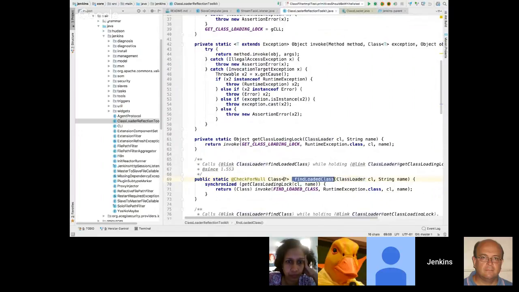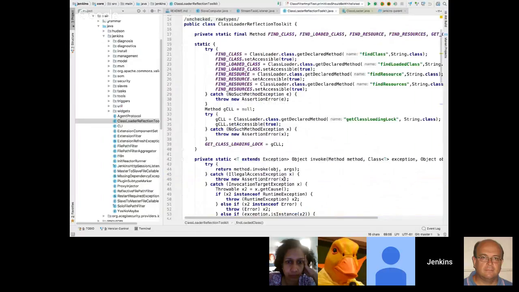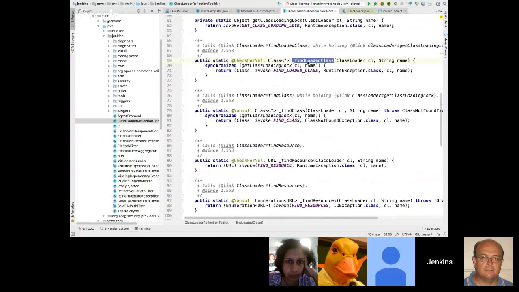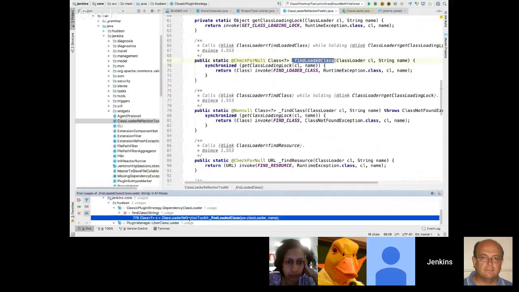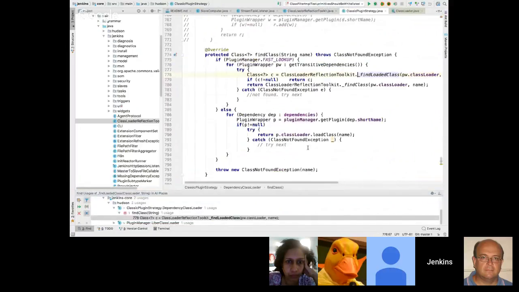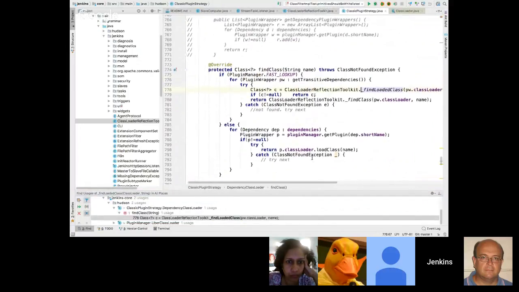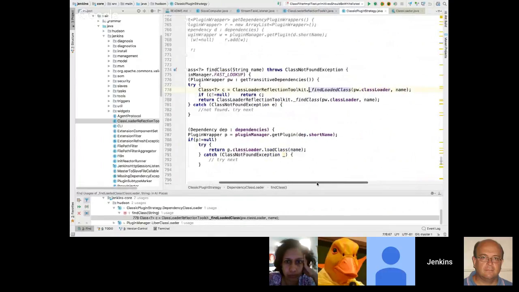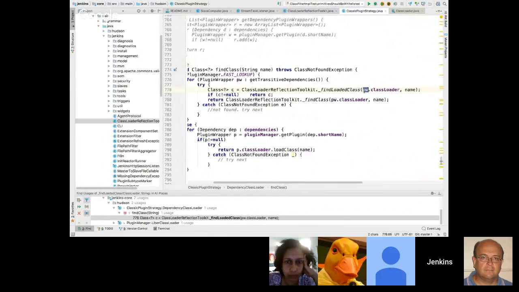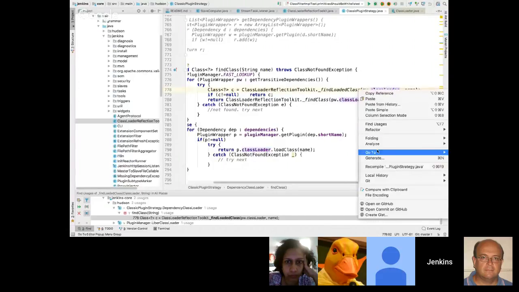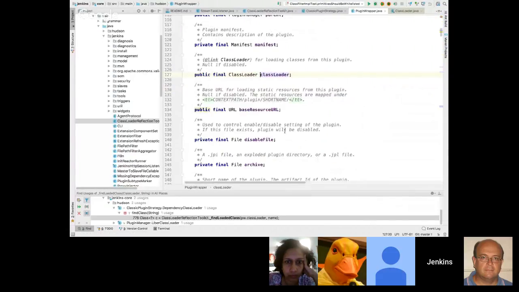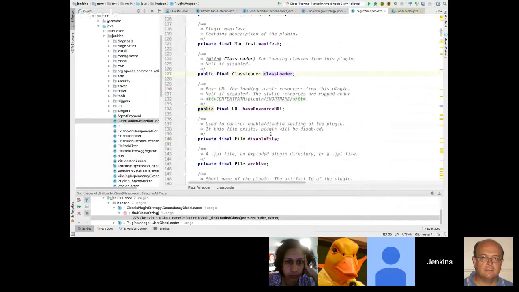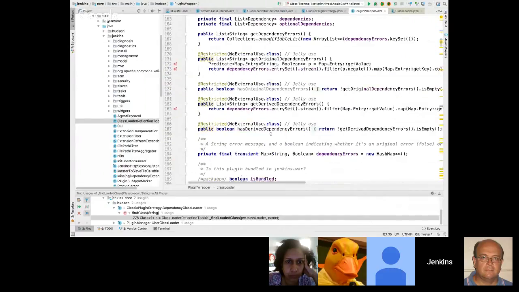Let's see. There is findClassLoader, and what are the usages of this method? Okay, so here it takes PV, which is a plugin wrapper. So here we can probably be sure that the class loader is not null. Let's see.